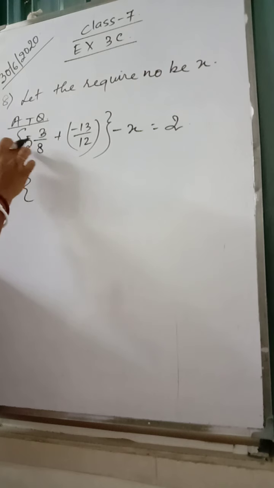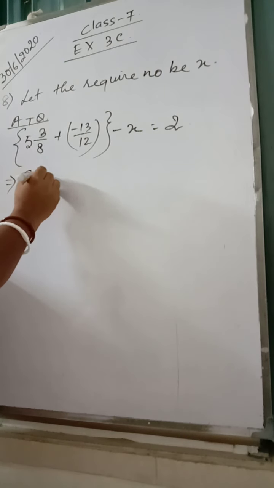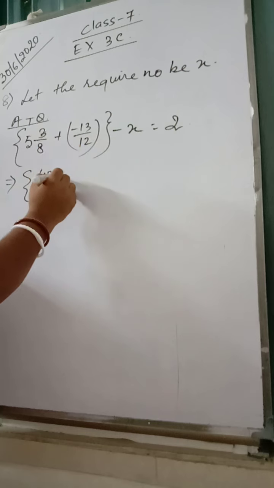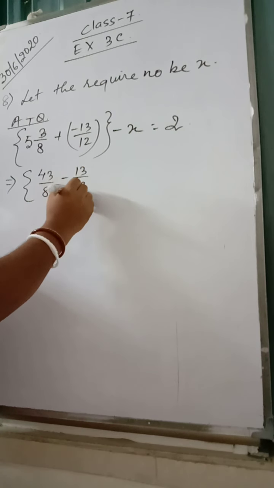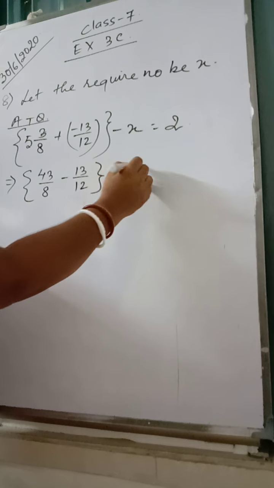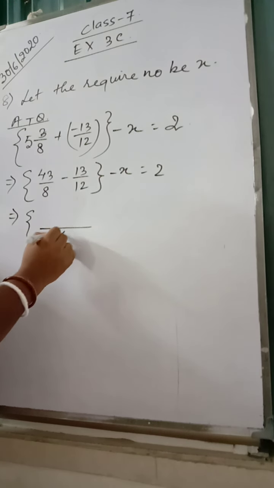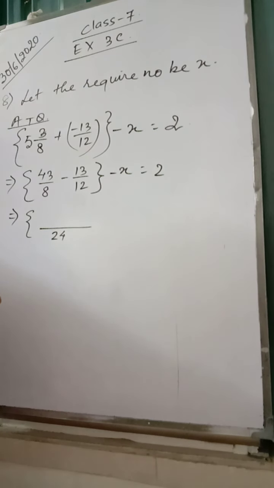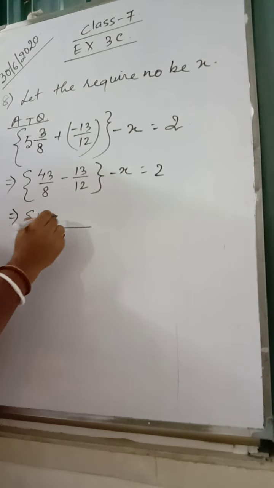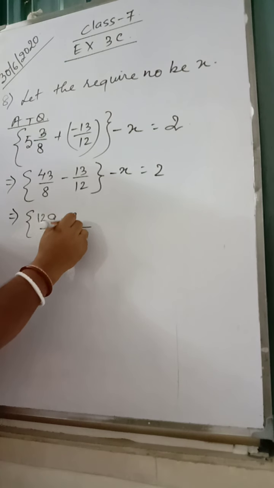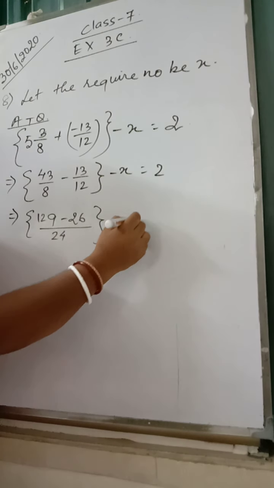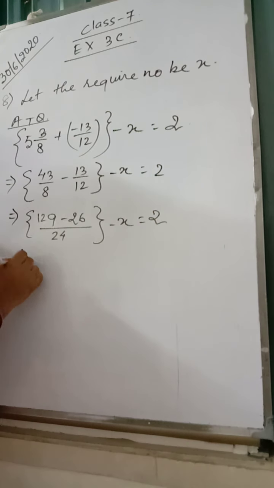Now what we have to do? We have to solve it. 8 5s are 40 and 3, 43/8 plus minus 13/12, minus x is equal to 2. The LCM of 12 and 8 is 24. 8 3s are 24, so 43 3s are 129, minus 12 2s are 24, so 13 2s are 26, minus x is equal to 2, or 103/24